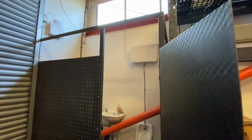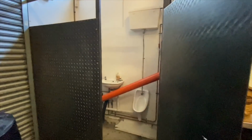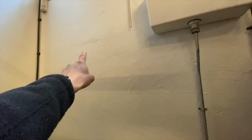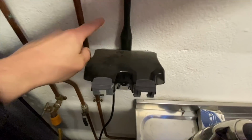So I've been asked to install a light in this toilet thing here because they're going to be putting a ceiling above this. Looking at the nearest power source, obviously it's going to have to be a wall light because I want to do it before they put the ceiling in, so I'll probably put a wall light up here. And just on the opposite side of this is actually a socket on its own circuit. So what I'm thinking is to come out of the top of that socket in some flexi conduit,